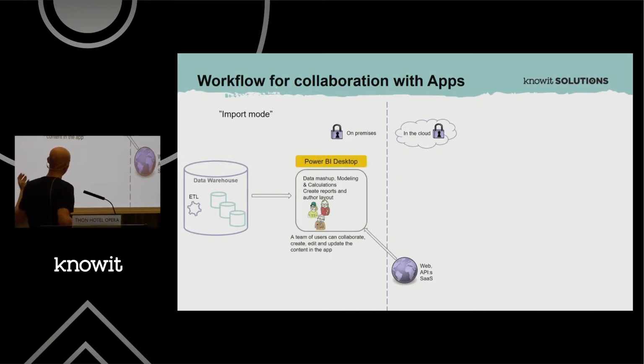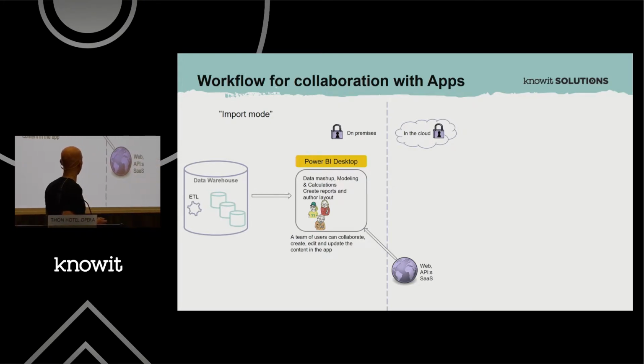Then we take information from the data warehouse into the Power BI desktop tool, and we mash it up with other sources that might come from the web or other external sources that we do not have in our own data warehouse. We do this data modeling and preparation of reports and dashboards in Power BI desktop,